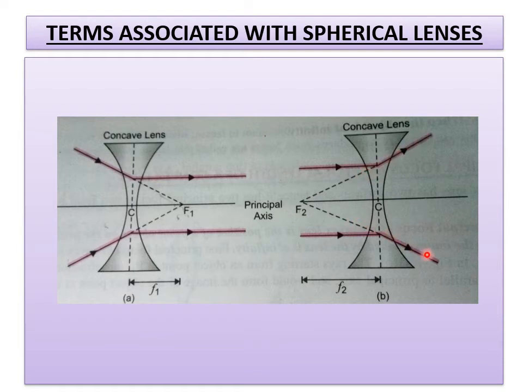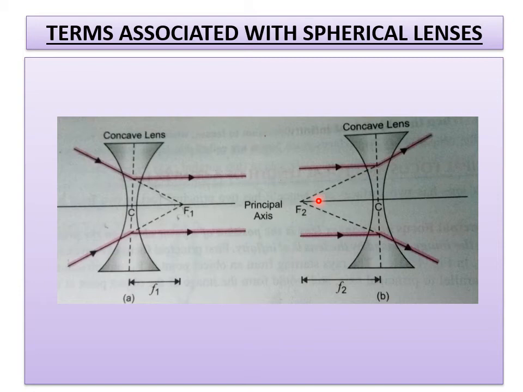You have to remember convergence and divergence. All these concepts we have learned in our mirrors lesson. They diverge. So on producing back, if you take these two diverging rays, we know dotted lines mean it is a virtual one. So when produced back, the diverged rays appear to come from and form at F2 on the principal axis. So a virtual point image is formed here, and it is represented with F2.